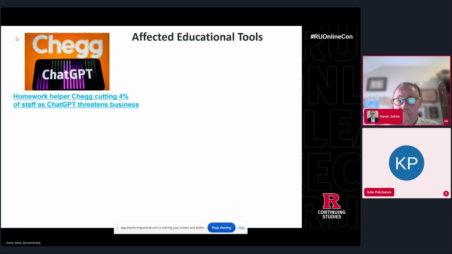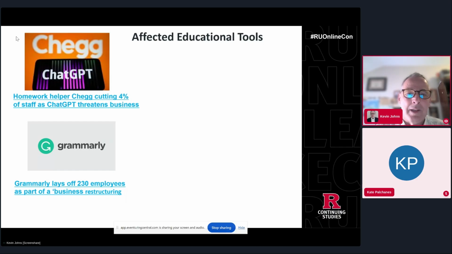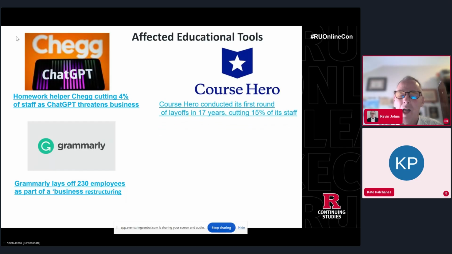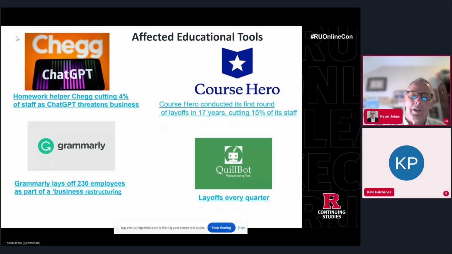Now, these companies, in terms of educational tools that all our students use, like Chegg, Grammarly, that's being used by my students, Course Hero, sorry, I'm pronouncing that wrong, and Quillbot. All of these tools have been out there. They're all going through changes in terms of laying off some of their staff. They're all doing it because Gen AI is out there, and it's getting to a point where it's going to be replacing some of these tools in terms of their features and functions.